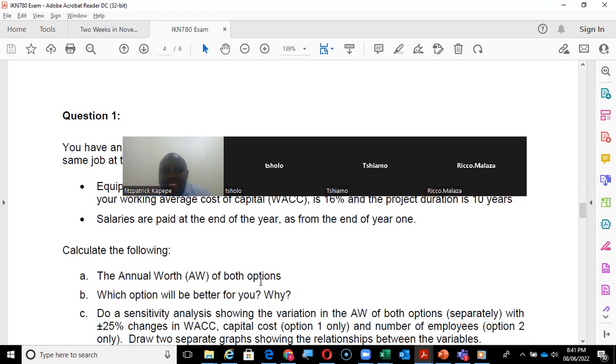So it should be written nicely. You critique your option. You look at the advantages of the other option that you're not picking. Then down there you say, however, based on the numbers that we have and assuming that these employees will be working consistently for 10 years, generating these costs that have been already taken care of, I recommend that management should consider